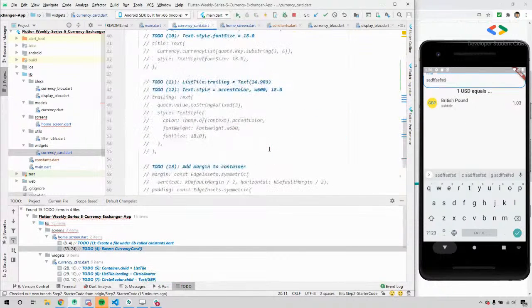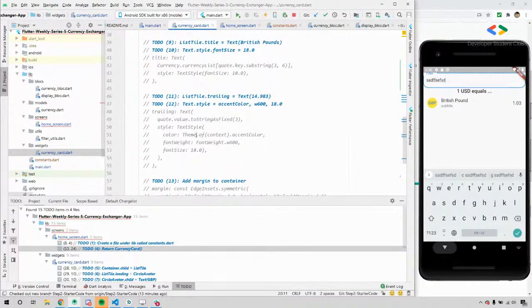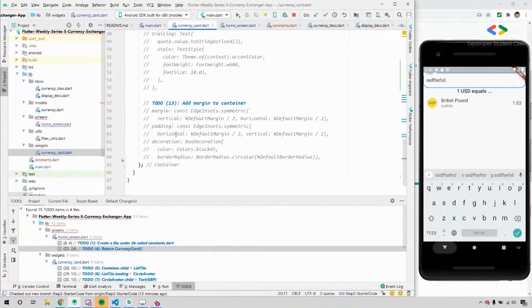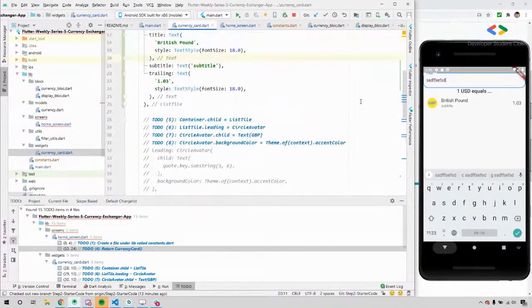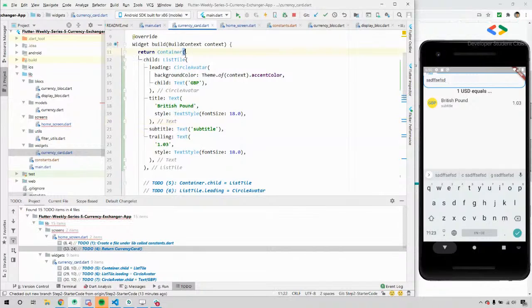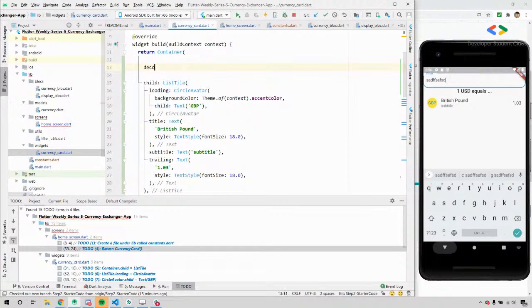A couple of things now. We have done the title. We have done our trailing widget. Let's add some margin and padding and decorations to our container. So between the parentheses of a container, give it some space. Let's add in some margin first of all. Margin, const EdgeInsets dot symmetric, let's give it a symmetric margin of horizontal